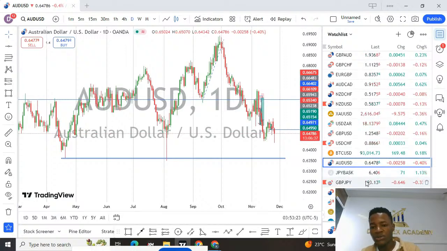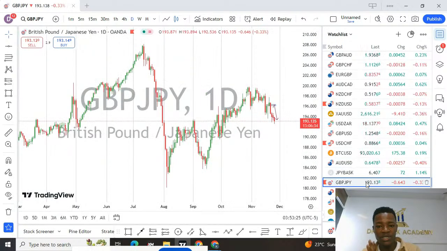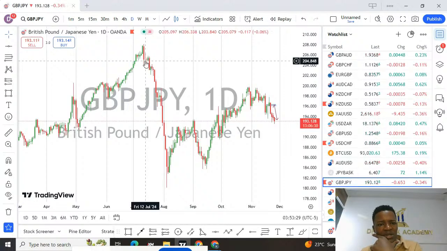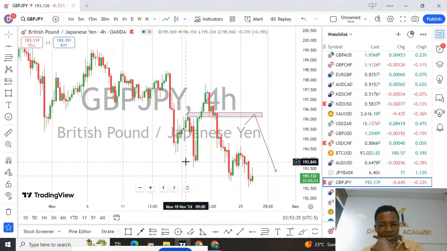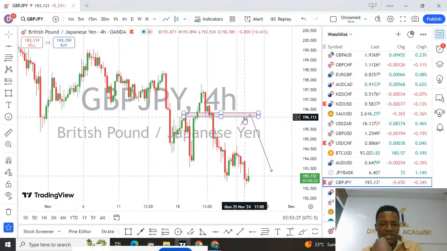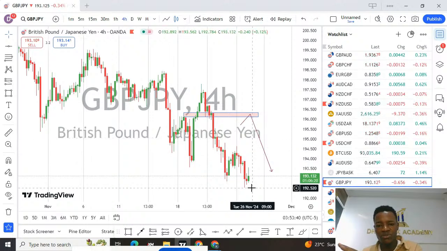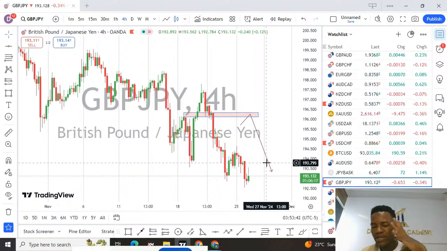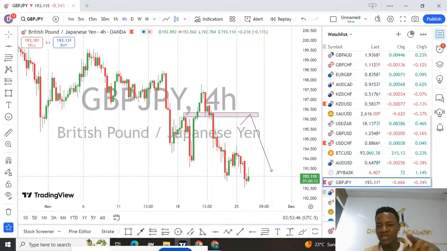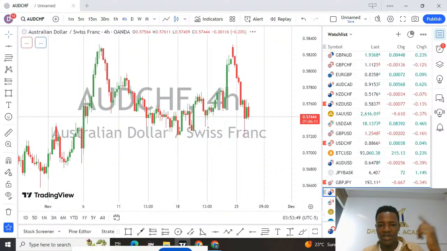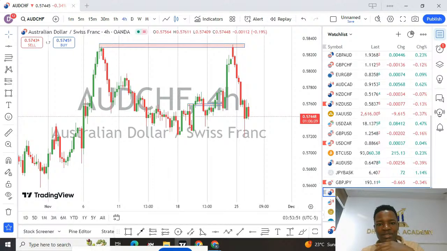So we can go to GBPJPY. We had a view yesterday, and we were looking forward for sales in a certain zone. The market didn't come back there. We had a view for this market to come back in these areas and then continue. But this pair still shows me a more bearish market, and I don't see any view on it because I can't have an entry here. It's more sales, but this is not an entry point. That's why talking about entry point is very much important.